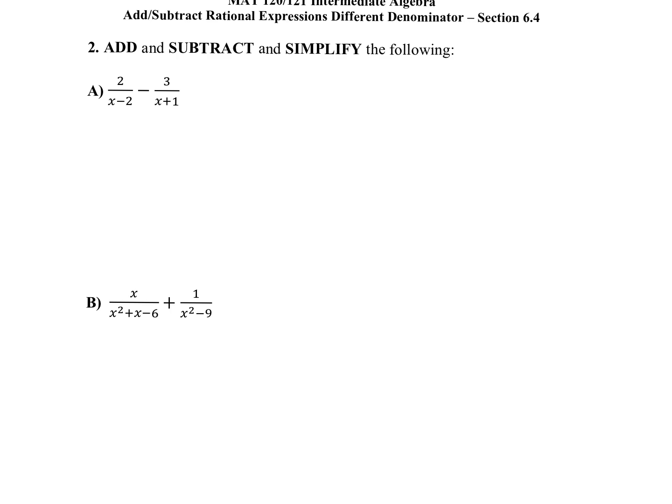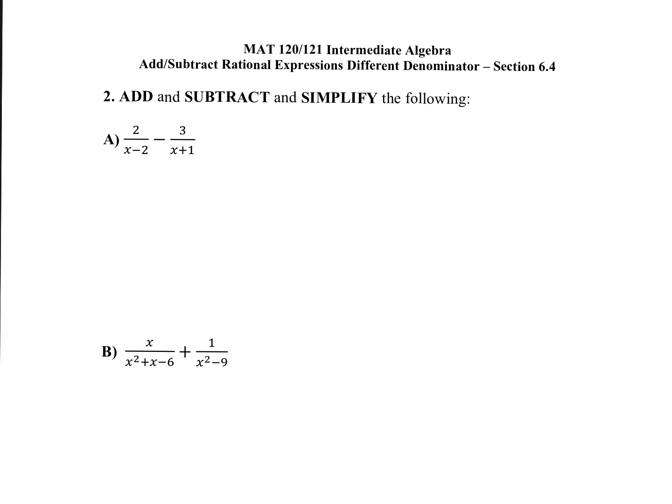All right, so now that we have a game plan in place, let's go ahead and use that game plan to do some examples. So to add and subtract, the denominators are different. So the first thing we need to do is find the LCD. Well, in this case, everything's already factored. So we essentially just need to multiply the two that I have. So that gives us x minus 2 and x plus 1